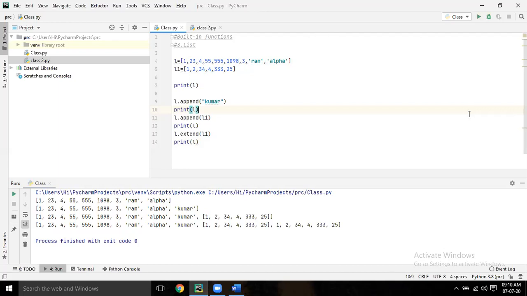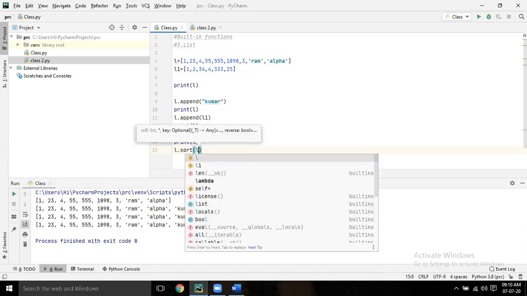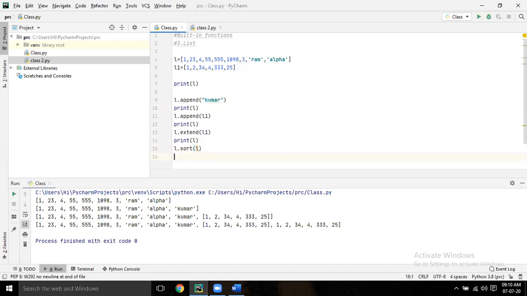Okay, now the next one is L dot sort. L dot sort, enter. Print L. Run it.